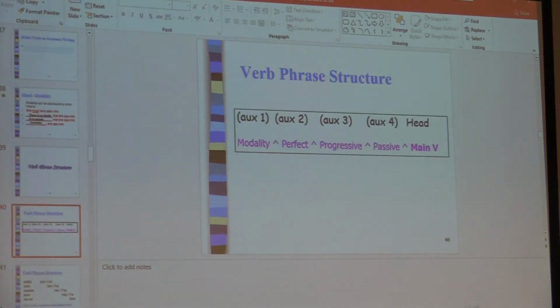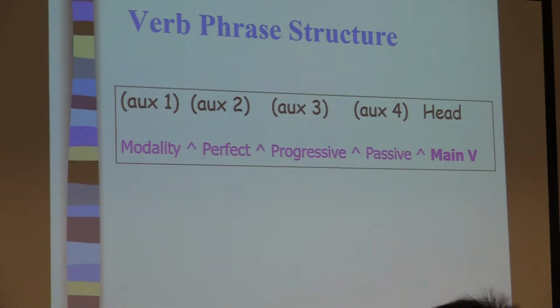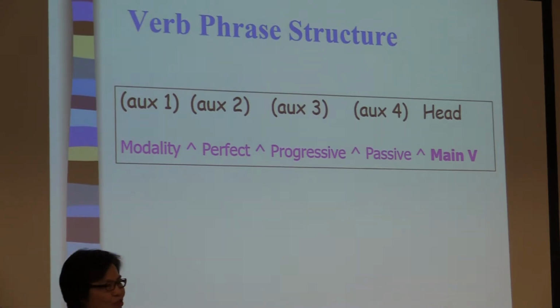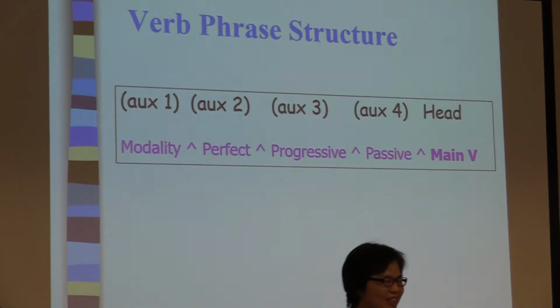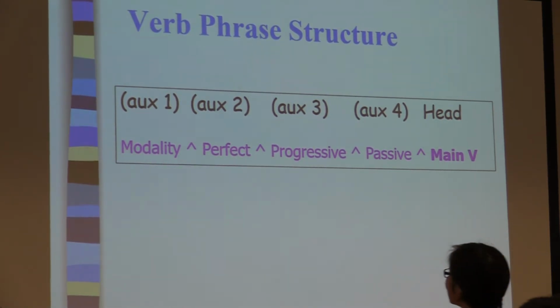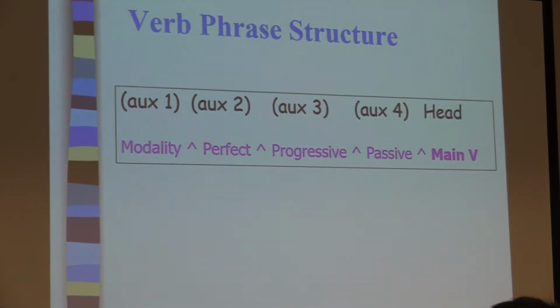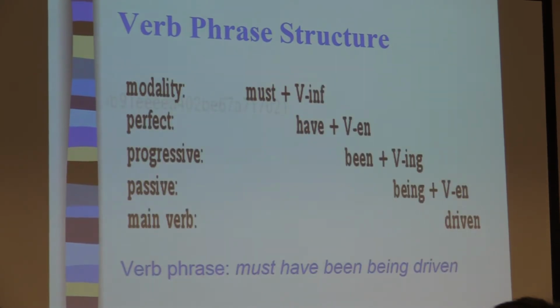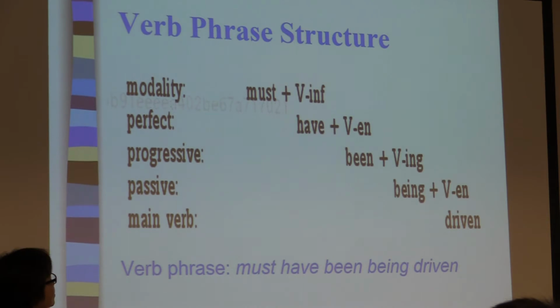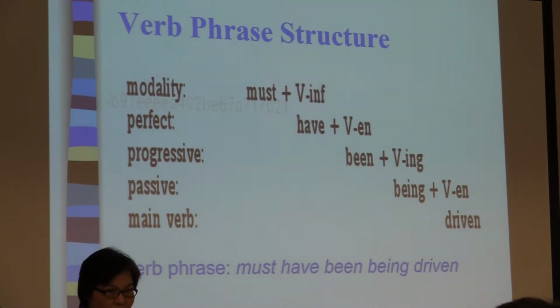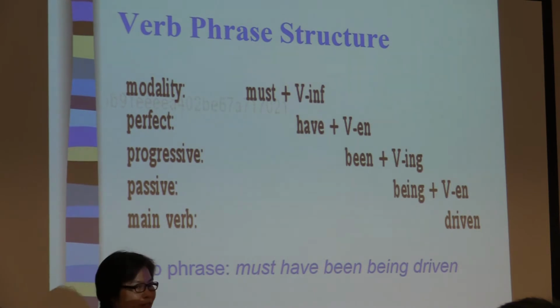Well, as you know, there can be more than one auxiliary in a verb phrase. It can be up to 4 auxiliaries. But of course, usually we won't use so many auxiliaries. Otherwise, the meaning will be very hard to understand. But it's possible. So the first verb is the modal verb. If you've got a series, like here, the modal verb, he must go. And then perfect, he must have gone. Progressive, he must have been